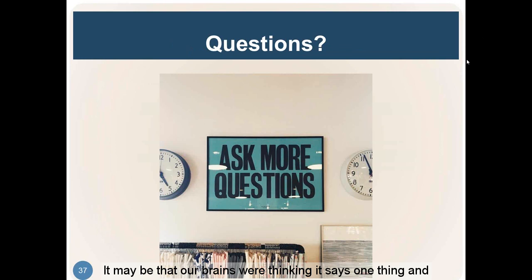It may be that our brains were thinking this says one thing and it really comes out as something different. No, I just have a lot of subgrantees that would like to. No, we don't want people to talk about using available grant dollars. I've seen one state that had an approved cost allocation plan that approved it based on the dollar amount of their awards, but it was a state, and we didn't challenge it.